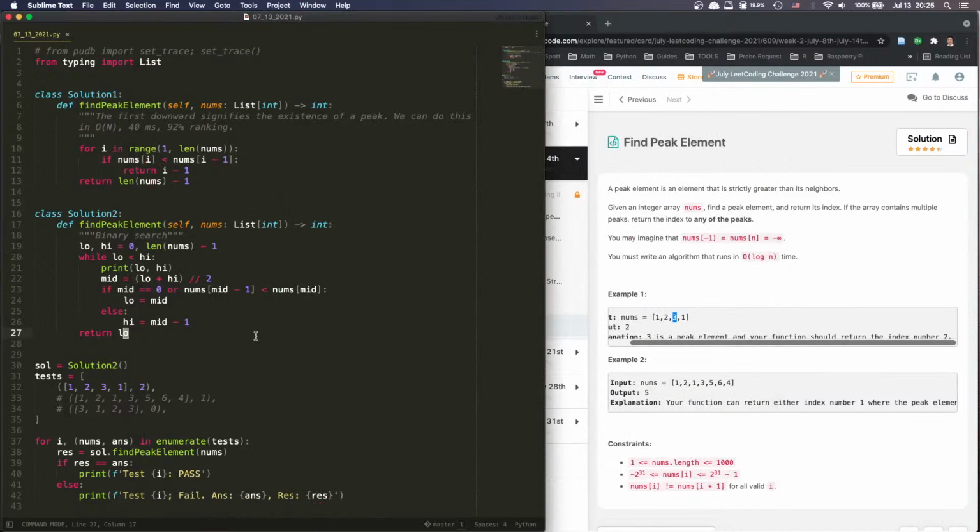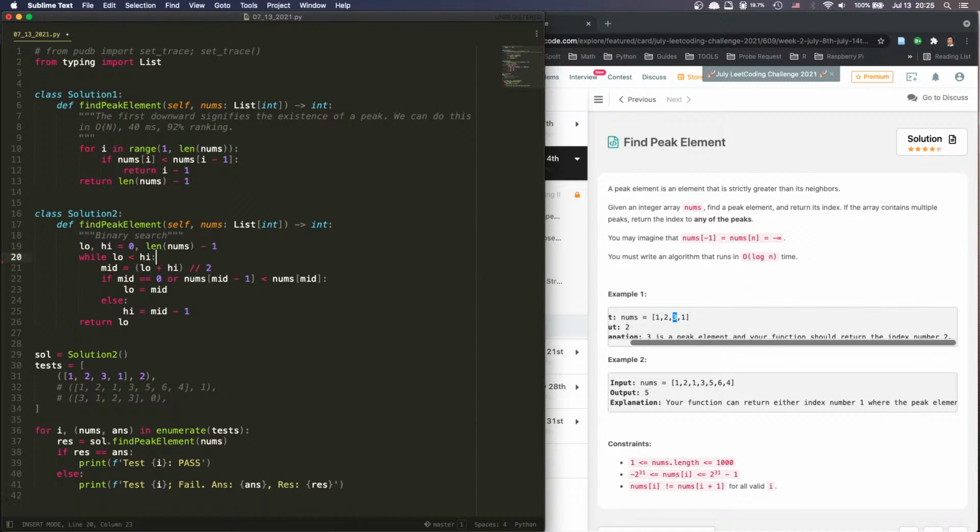All right, so it's not working. So we have to check. We have to move the left, right? We move the low. We cannot move the high. So we have to move the low, which means we're going to check on the high, right? So mid equals this. So we say if